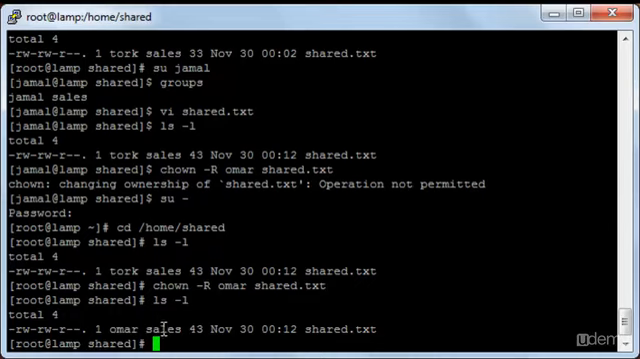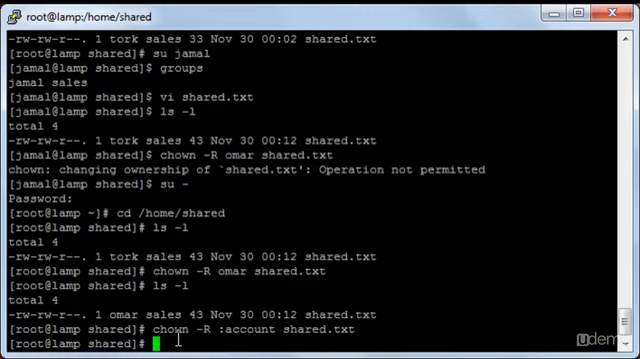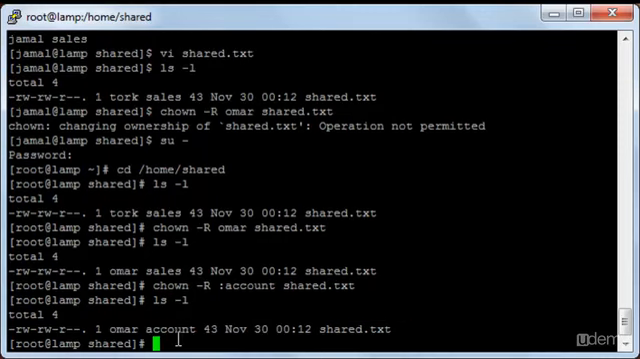Now I would like to change the group. I will type the command chown capital R, and then a colon, and then the name of the new group, account, and then the name of the file, and press enter. Now ls -l. As you can see, the group has been changed from sales to account, and this means that if